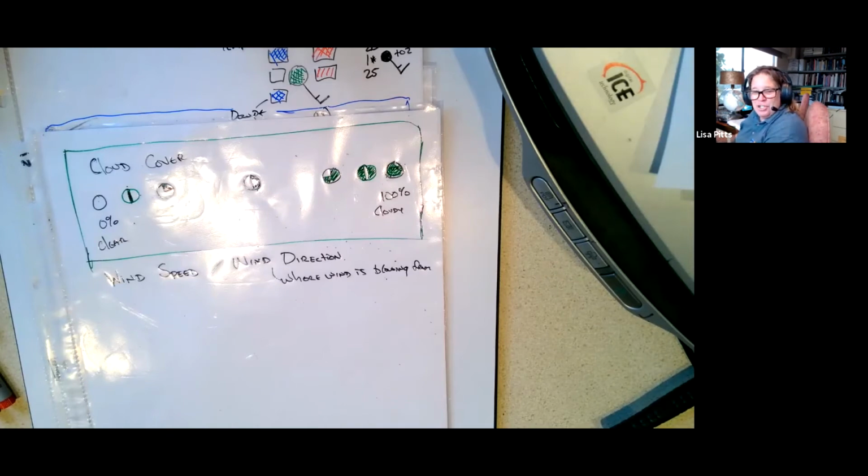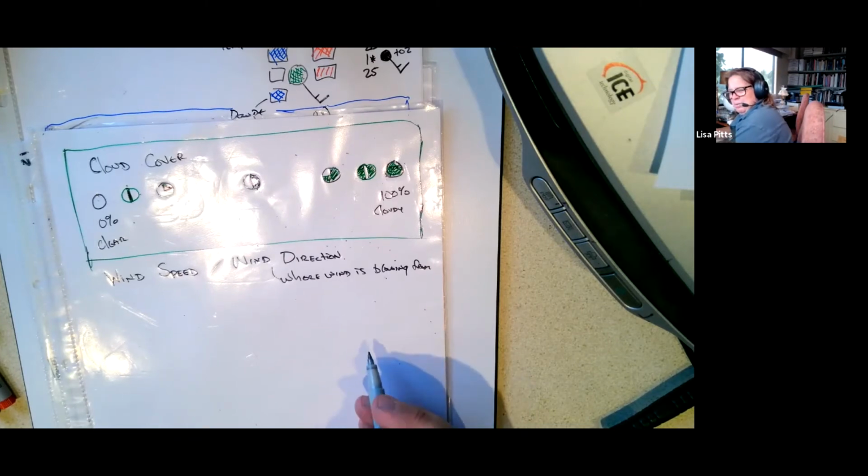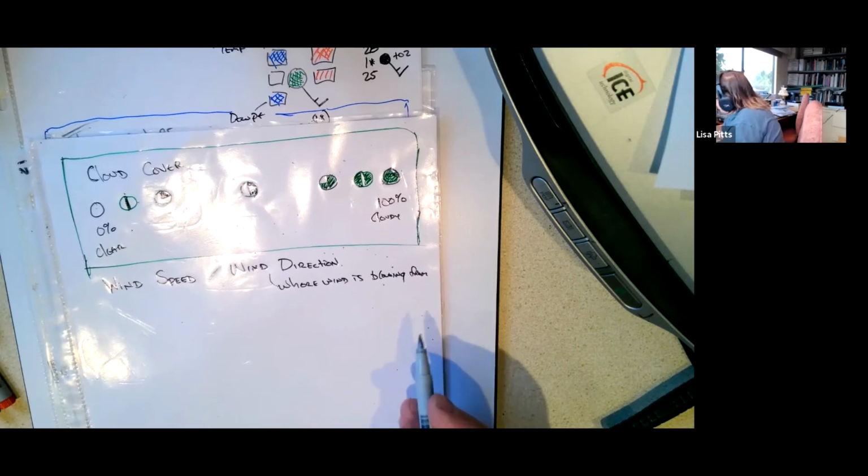another confusing thing in geography is basically what this is. Do you describe the wind as where it's coming from or where it's going to? When they say it's a southeast wind, is it blowing southeast or is it coming from the southeast? Well, technically it's coming from the southeast, which means it's really blowing northwest, but you're just going to describe the wind based on where it's coming from. So it's important to know